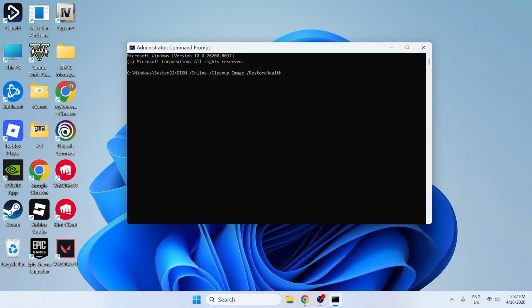dism /online /cleanup-image /restorehealth and then press enter. Then write the second command, sfc /scannow. So once you press enter, this will scan through your computer system files. It will fix any missing DLL files, and once it's done, you want to restart your computer and see if